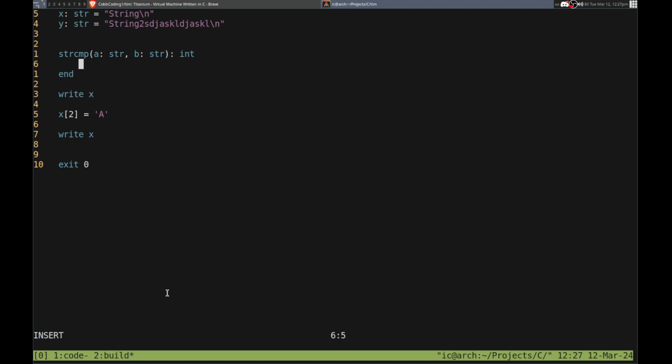But anyway, so we'll do a while loop. And we'll make i int equals 0. i equals i plus 1. And so while we do that, and then if